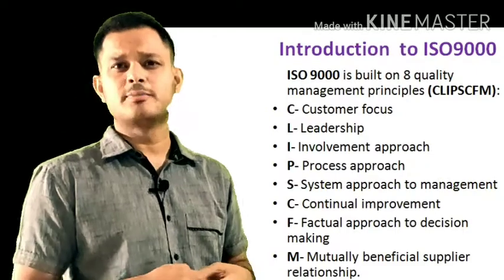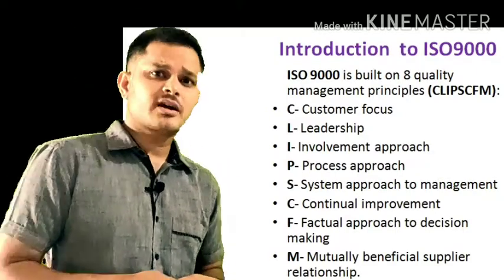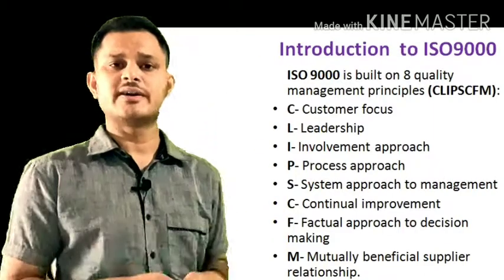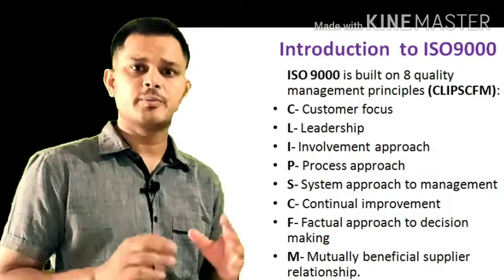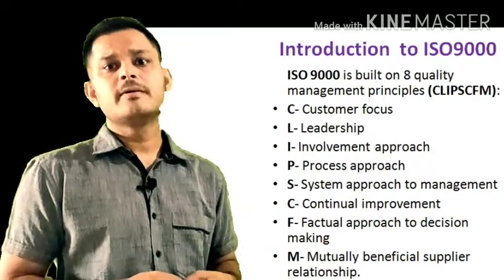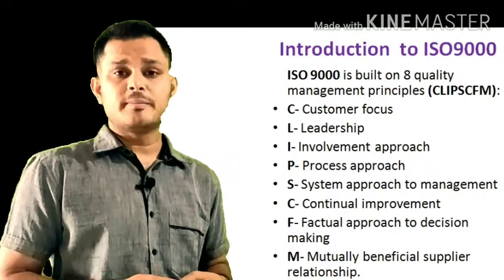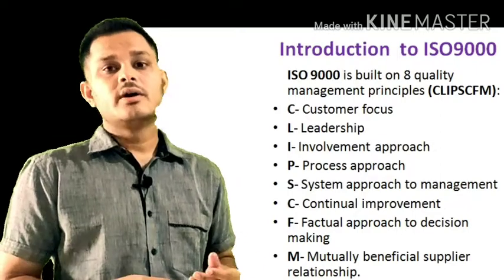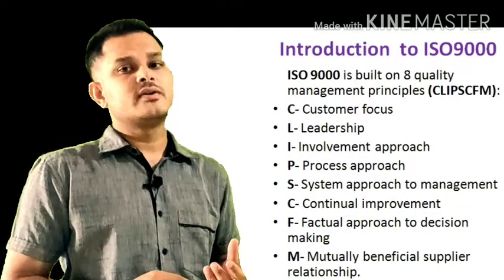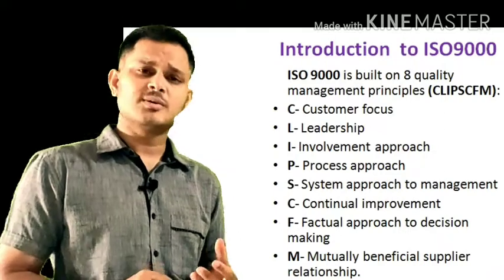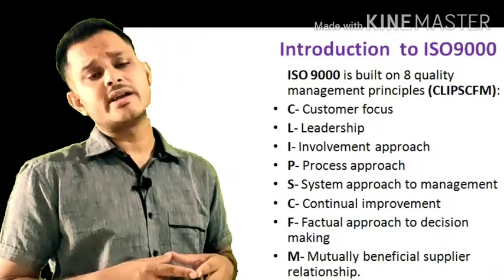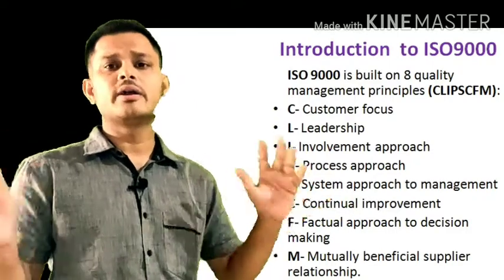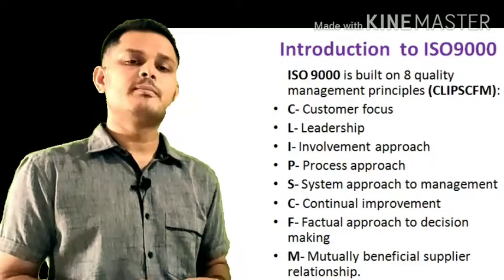S for system approach to management, how the system and the management have quality product improvement systems. C for continual improvement, meaning it is not that only one product is good and certified; all the products coming out of an organization should be continuously improved in quality. F for factual approach to decision making, decisions should not be hypothetical, they should be on the basis of facts. M for mutually beneficial supplier relationship, because most global companies and organizations have different suppliers supplying different products, so there should be coordination between suppliers so that all are mutually benefited.